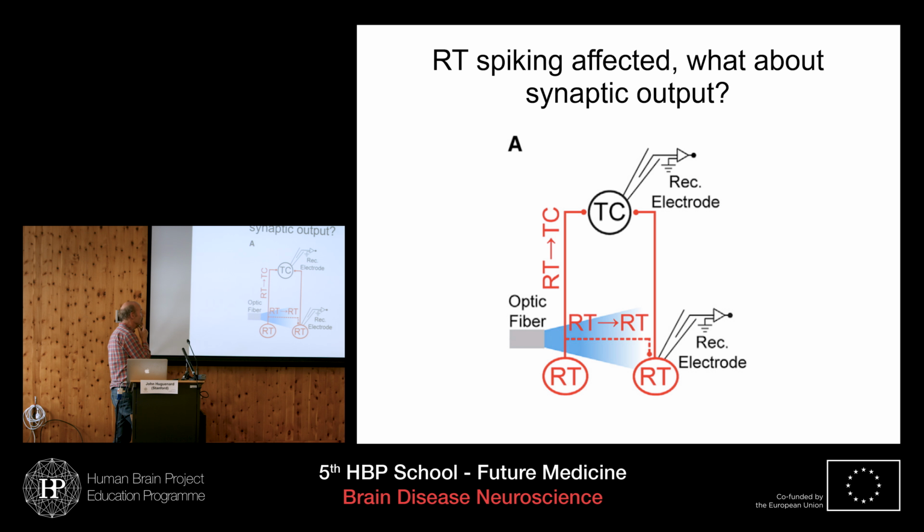And for that, we went back to the optogenetic approach. One very nice feature of optogenetics is you can use it for circuit busting, which means you can directly activate one group of cells, record their synaptic response, and understand what are the features of that synaptic response. So this is the experimental paradigm for testing that. We know that the reticular cells are affected, and we know that if you take away 8A channels from the reticular neurons, that's sufficient to produce epilepsy. What we wanted to know was how effectively they inhibited their targets. So how effectively do they inhibit the relay cells, and how effectively do they inhibit each other?